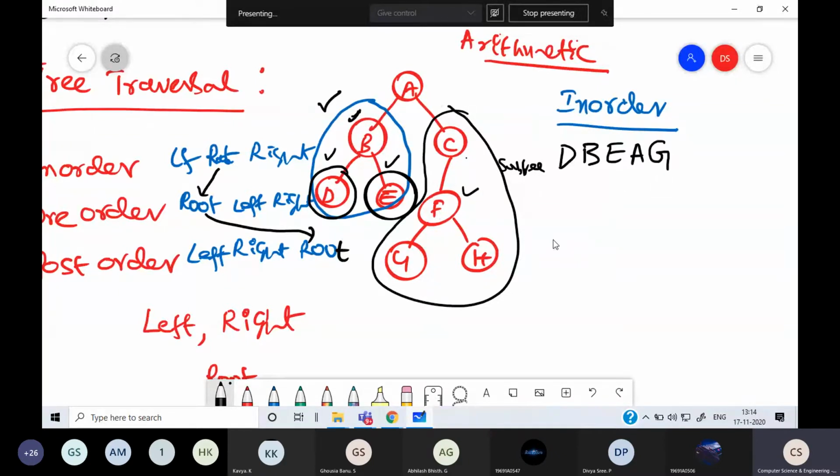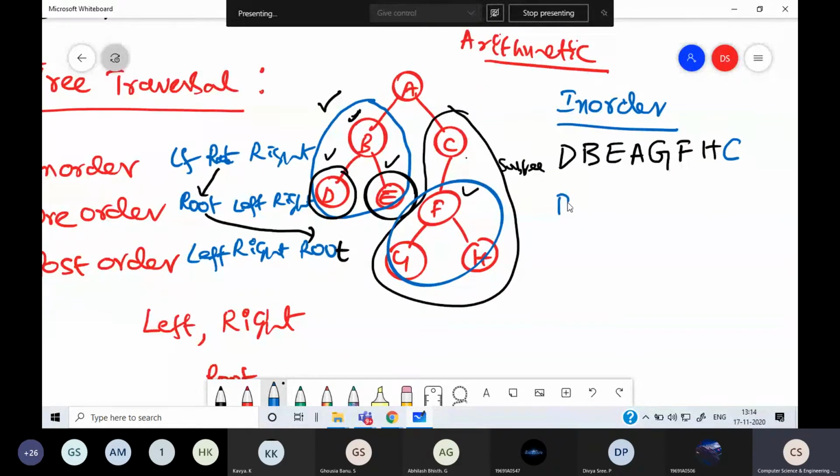So left is traversed, G is traversed, then root F is traversed, then right, H. Now this left subtree is completed. Then we visit the root, C. So left, root and right subtrees are over. We have traversed the full tree. The order of nodes visited in in-order traversal is D, B, E, A, G, F, H, C.